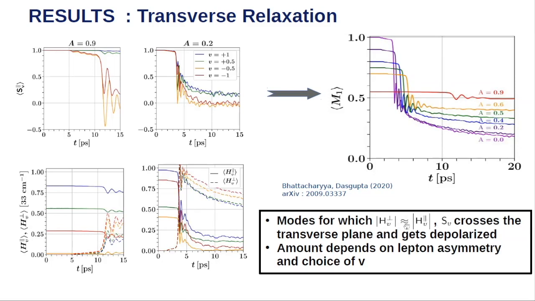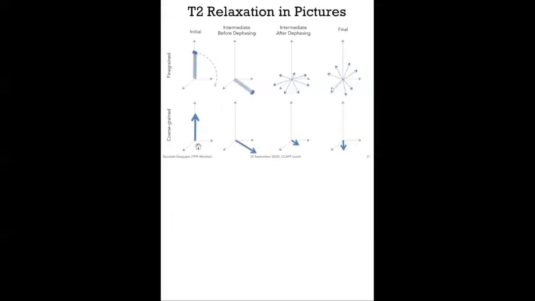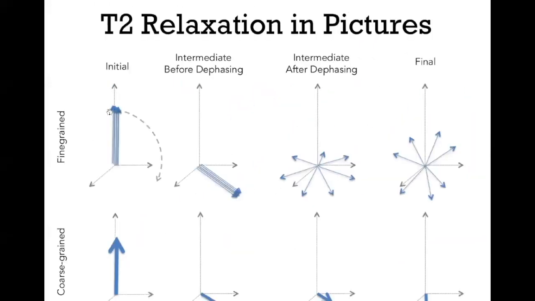This happens only when the perpendicular component of the Hamiltonian becomes the same order of magnitude as the parallel component. Then only does the polarization vector shift to the transverse plane, and due to this transverse relaxation process, it gets depolarized. To give a pictorial representation, we can look at this picture. Initially all the polarization vectors are along this direction, and when the perpendicular component of the Hamiltonian grows, the polarization vector reaches this transverse plane, and then